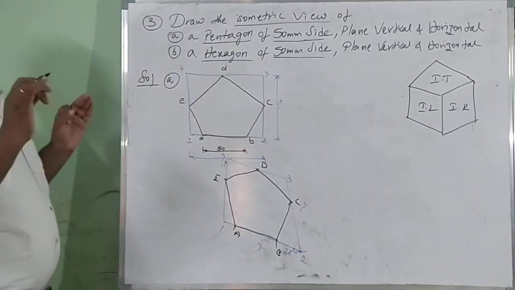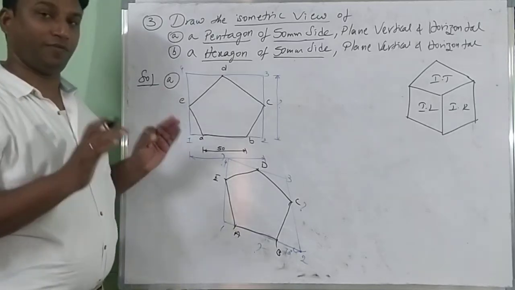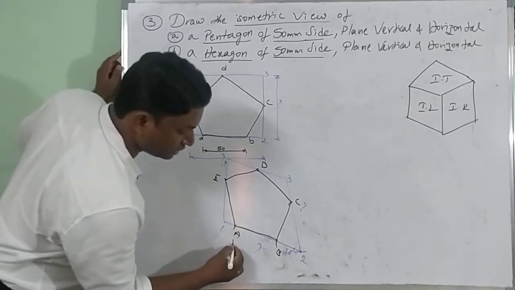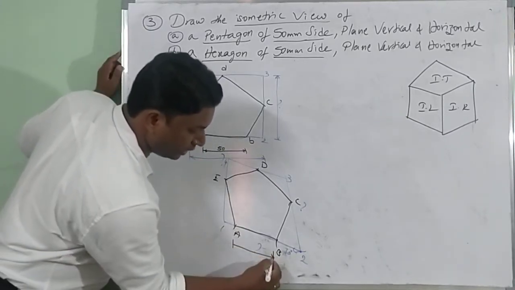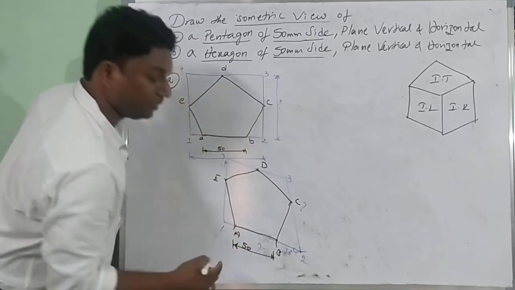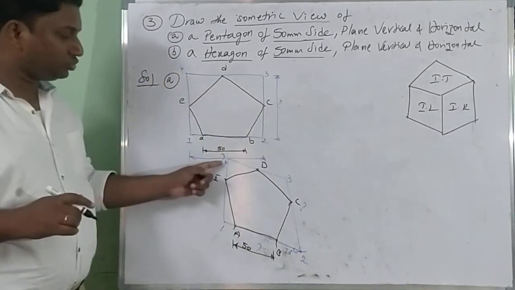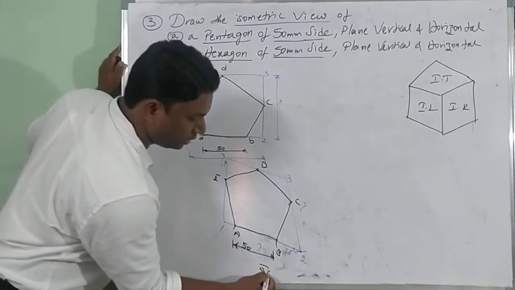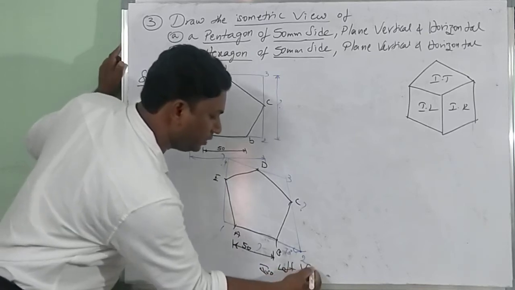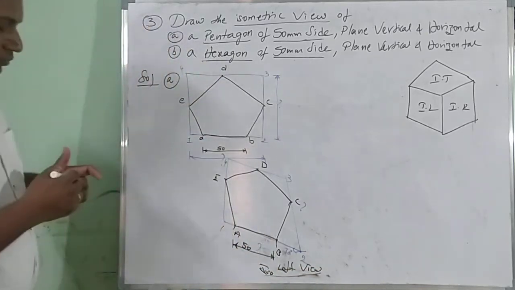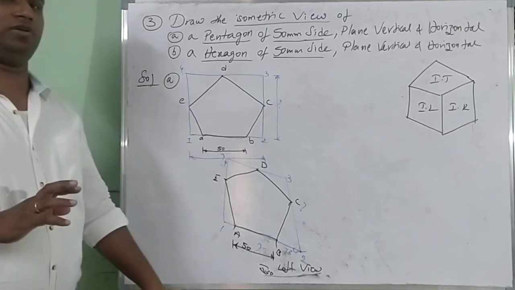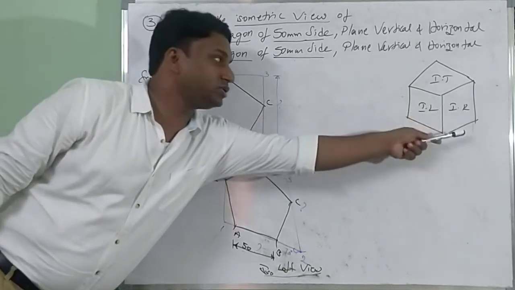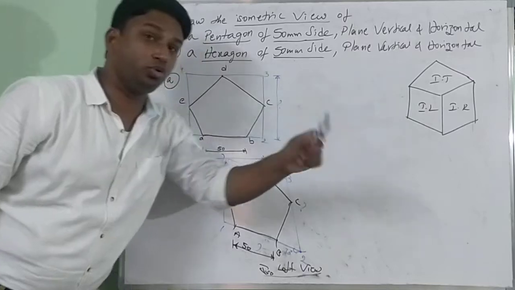We have completed the isometric view of a pentagon of 50 mm side, in the vertical plane of iso left view. Now here show the original dimension of AB as 50. You clearly have to remember, you should depend upon these question mark dimensions. Now this is nothing but, you can write here, iso left view. Hope you all understand. The method is the same for everyone, but you are supposed to remember iso left vertical 30 degrees, iso right 90 degrees, 30 degrees, iso top 2 30 degrees.